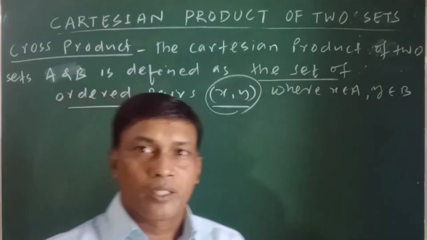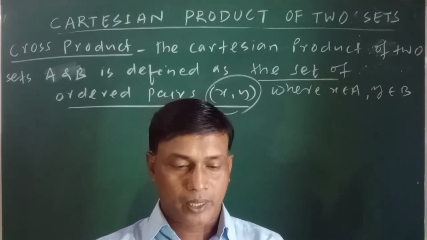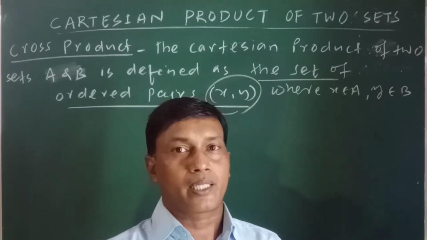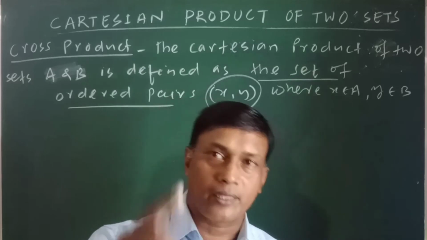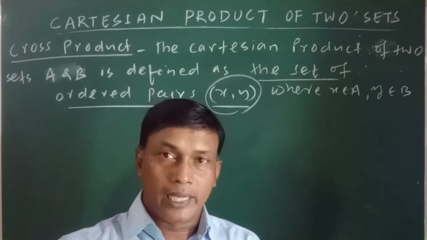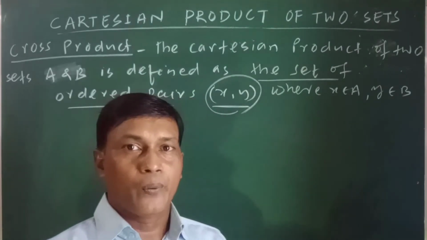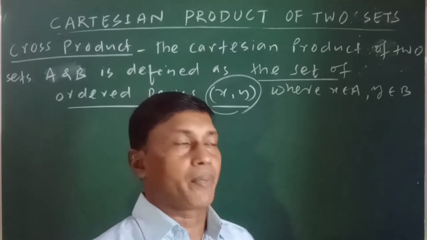Look here, up to class 8 we have learnt many sets, but the elements of all those sets are in the form of {x such that ...}. But this is the only set whose elements are all in the form of ordered pairs. That means this is a set which consists of all ordered pairs.